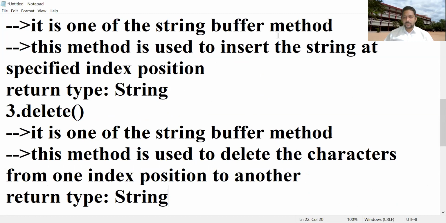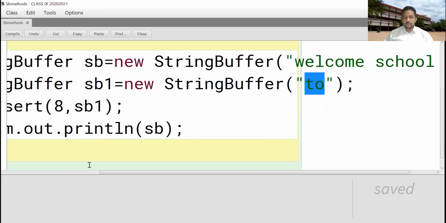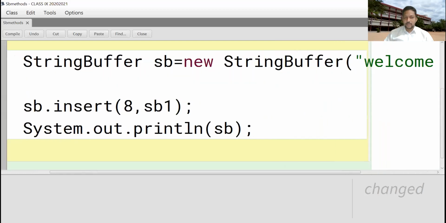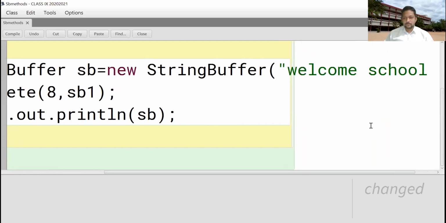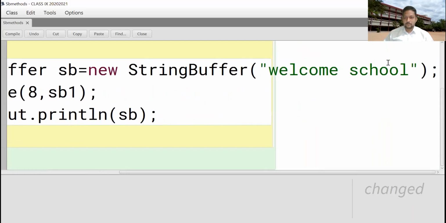So open BlueJ once. Same class I am executing. You don't have to take a new class every time. I will delete the characters only in one StringBuffer. SB dot delete. I want to delete: 0, 1, 2, 3, 4, 5, 6.